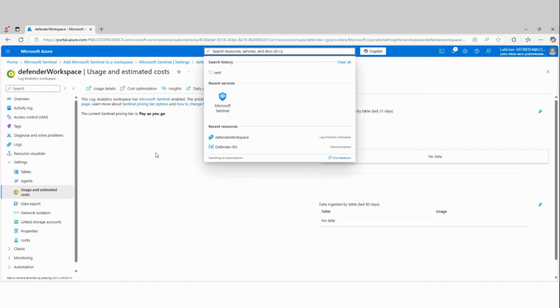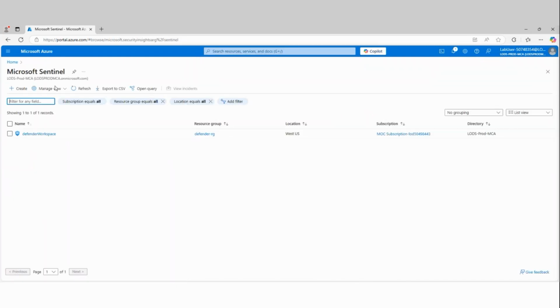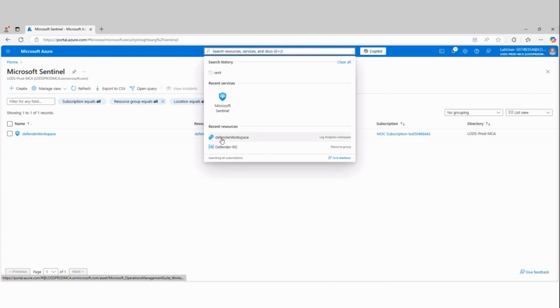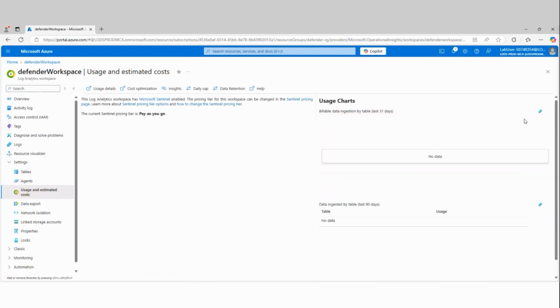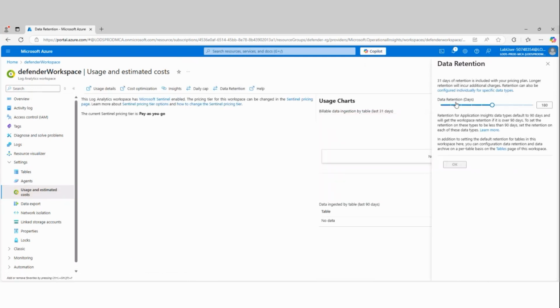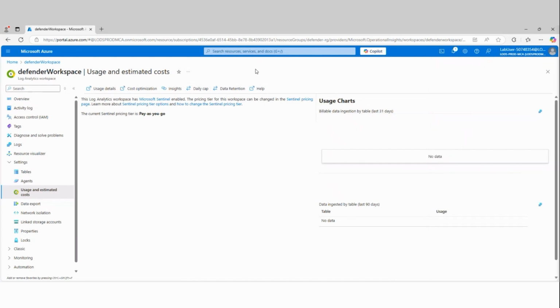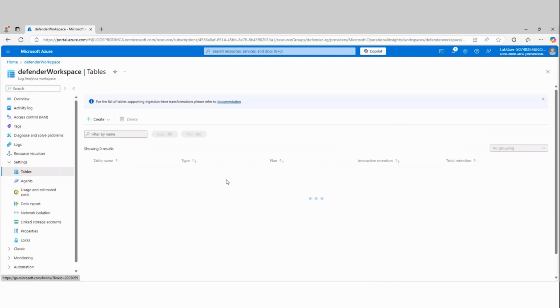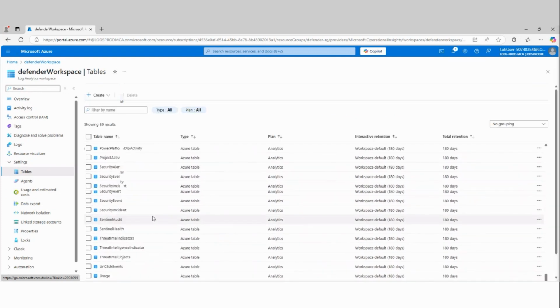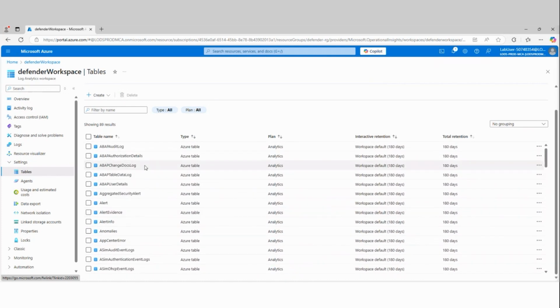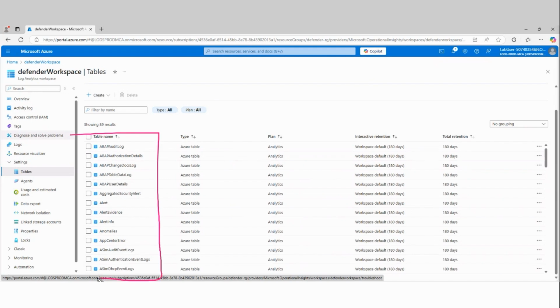Now, once you've got your retention configured, while we're here, let's take a look at some of the other options that we have. I told you we have 180 days for our retention currently, which you'll see here. You do have the ability to customize. In your Log Analytics workspace, there are going to be a bunch of tables. There are some default tables, but there are also going to be additional tables created in here. I want to point out something here. These are my tables that are currently being stored.